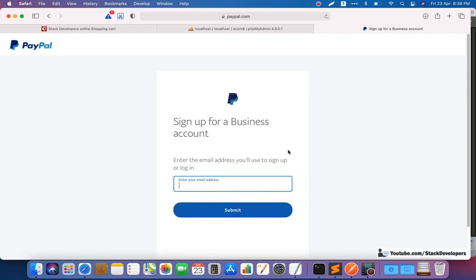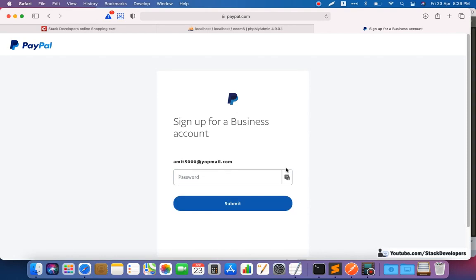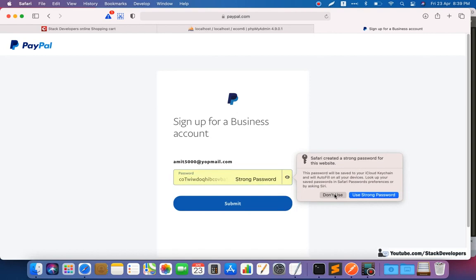So you need to enter your business account email. You need to enter your email, and it's really good if you have a business email. Okay, otherwise you can simply enter your email address here. With that email address, it is going to make your account. Okay, so make sure the email address is correct, because the confirmation email or some instructions will go to that email. Okay, so I am going to enter a dummy email like amit5000@yahoo.com, and that is a dummy email. That email does not exist, but I am just entering it for testing purposes. Okay, so I am going to click on submit,